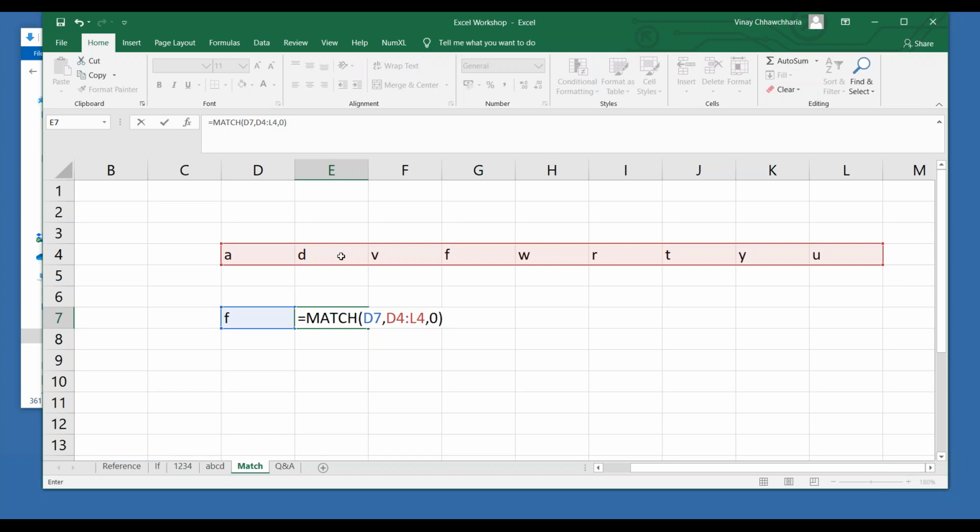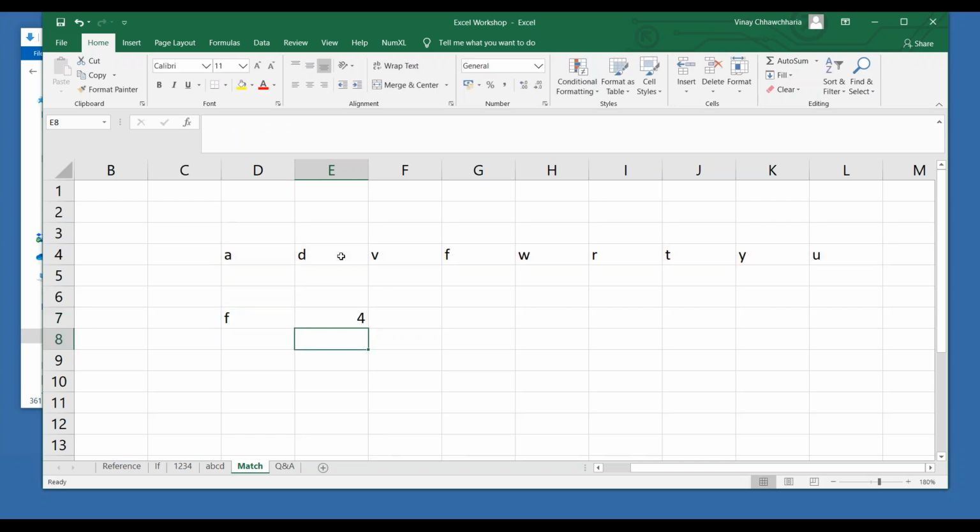If we get a chance for an additional session, we will get into details of why 0, why 1, or why any other number. But I can tell you that for 99% of the cases, it will be 0. Only for a few advanced requirements does it change. So here the requirement is to find the position of F in a particular series. It can be a horizontal series or a vertical series. As everyone can see, F is at the 4th position, so the answer should be 4.